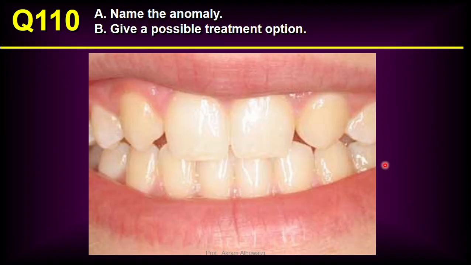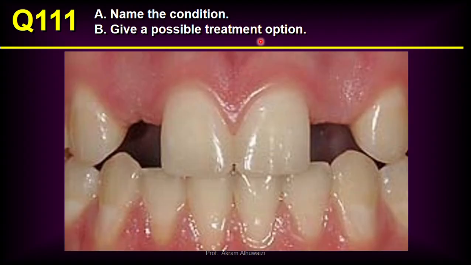The last part, part 20, is miscellaneous, and it is related to name the anomaly. Here we've got congenitally missing laterals in which the canines have come in their place. Give possible treatment options. The best treatment option would be to aesthetically correct the canines to simulate lateral incisors by using composites or other conservative means. Name the condition. It's also congenitally missing lateral incisors, but this time with an open space, and the treatment